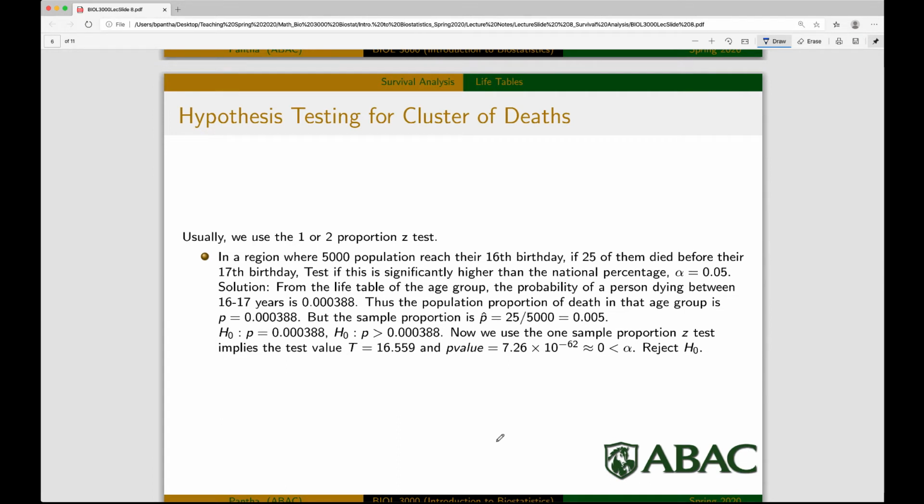Usually we use a one or two proportion z-test, okay? In a region where 5,000 people reach their 16th birthday, if 25 of them died before their 17th birthday, test if this is significantly higher than the national average with alpha equals 0.05. The solution is, from the life table of the age group, the probability that a person dies between 16 and 17 years is